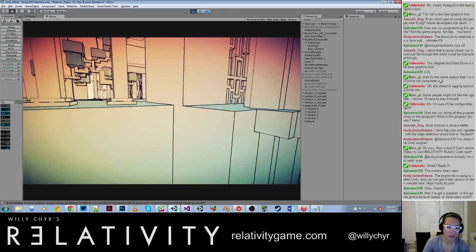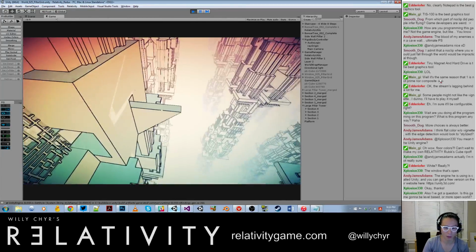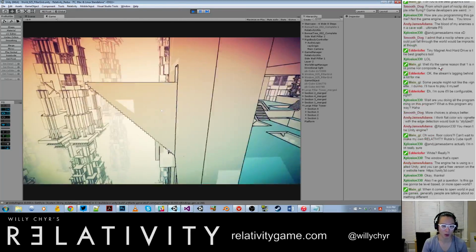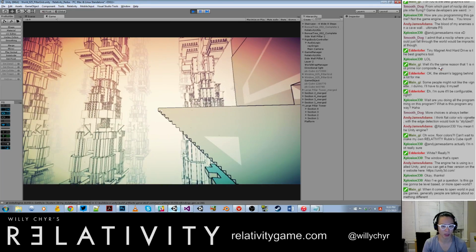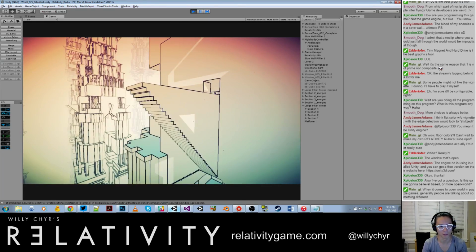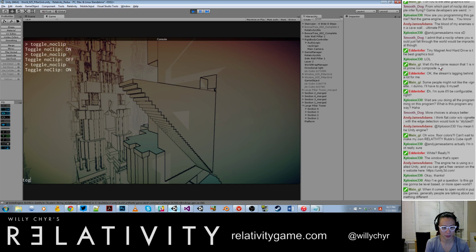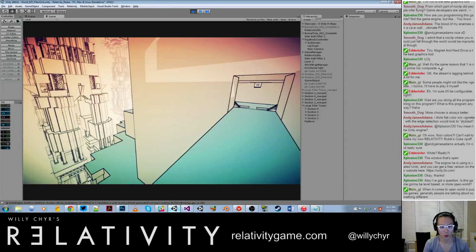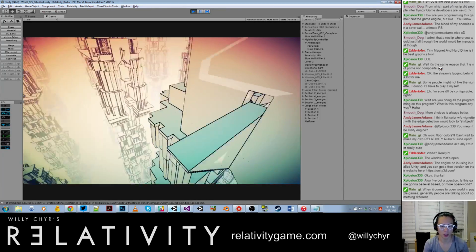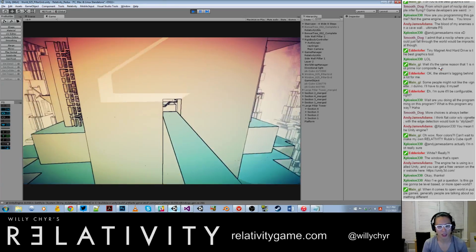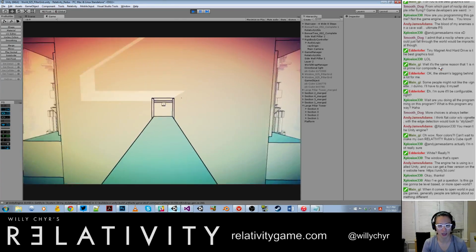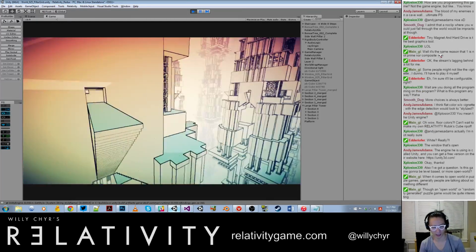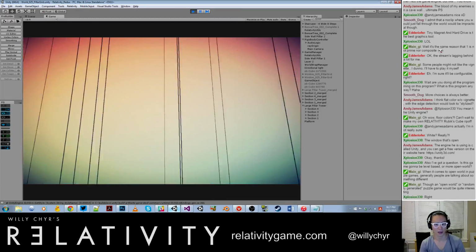So let me know what you guys think of the level right now. I also remember the stairs. I took out the platform that was sticking out. It looked a little too fragile. I made it a lot skinnier, and there's actually going to be a door, so you can walk in through there, or you can come out. I'm starting to add paths to go in and